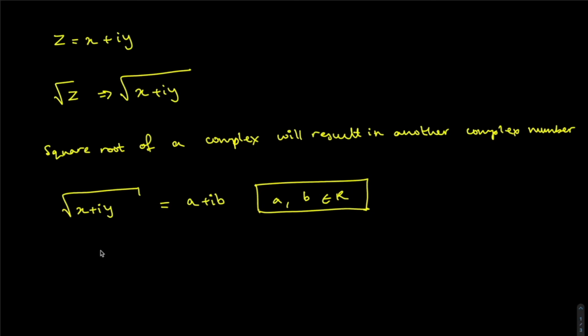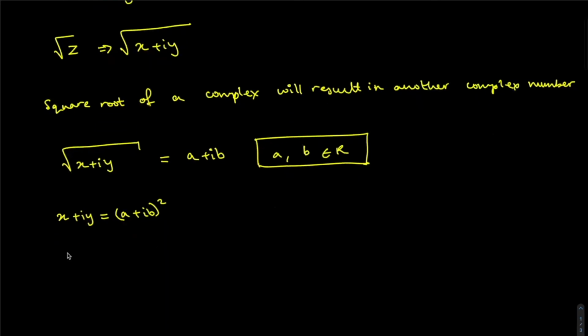So the way we can evaluate this is, we have a square root here, and the only way we can get rid of a square root is by squaring both sides. So if we square both sides, we have x plus iy is equal to a plus iota b whole squared. And if we simplify this, we get x plus iota y is equal to a squared minus b squared plus